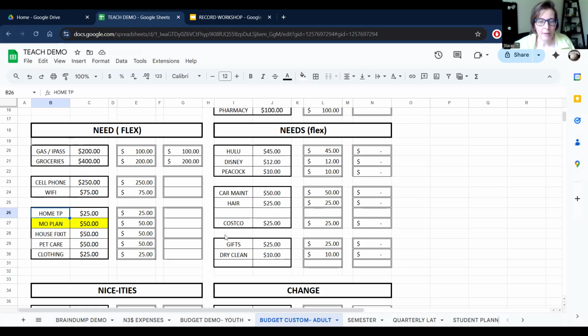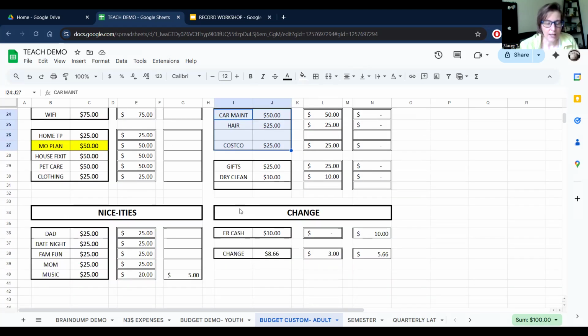Car maintenance, this says 50 because I work in just these rounded numbers, right? But even if you're just putting $25 a month back for car maintenance, when it's time to change the oil and that bill comes, in your account you've got $120 to cover that or whatever. I don't know. My brain today, I'm so sorry.